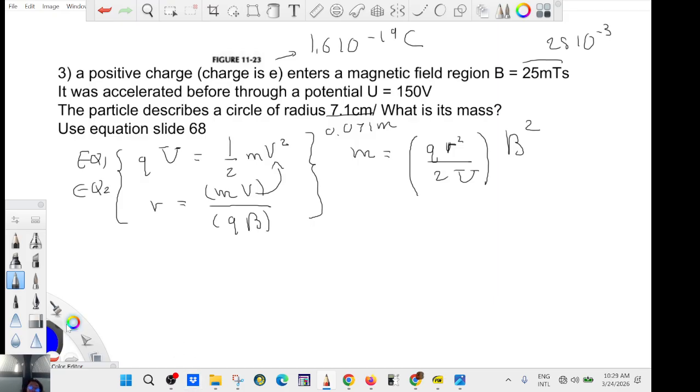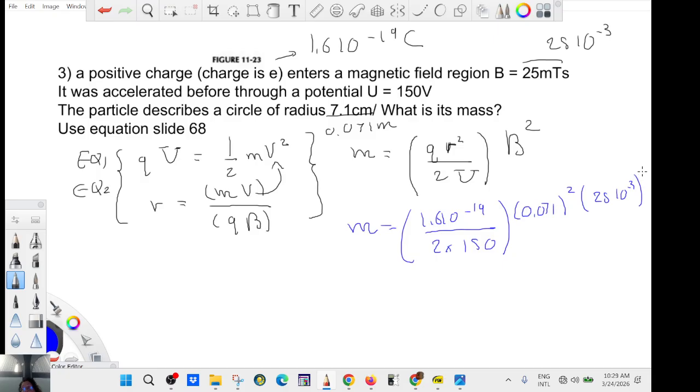What do you get? So 1.6 times 10 to the negative 19, and here is 2 times the voltage, 150, radius square, so 0.071 square, and then 25 times 10 to the negative 3 square, something like this. So the mass is